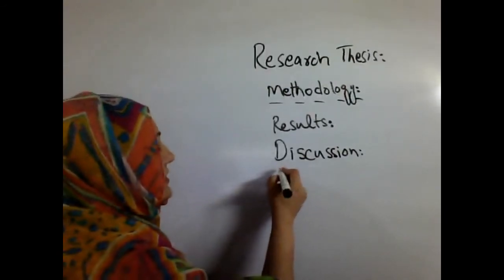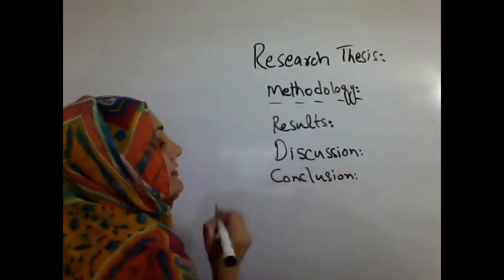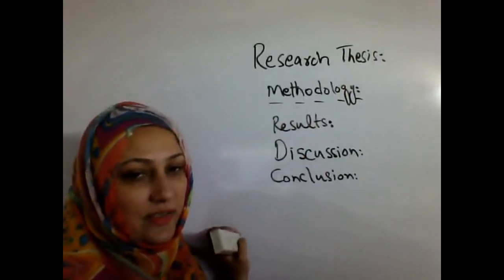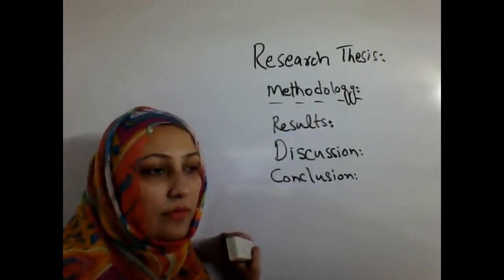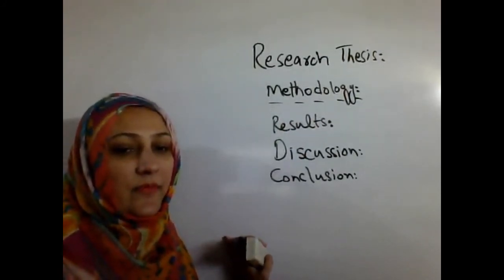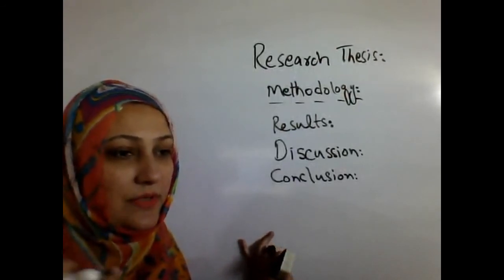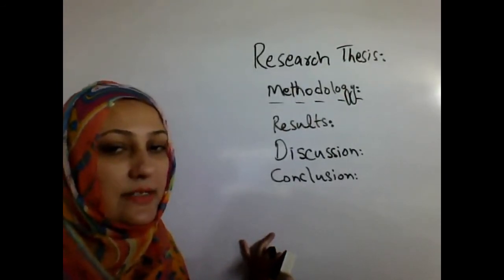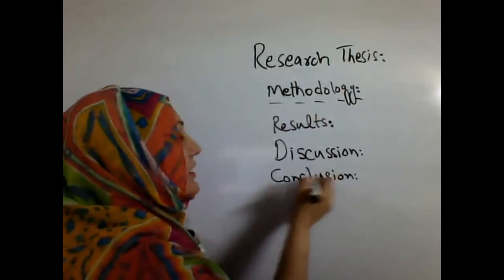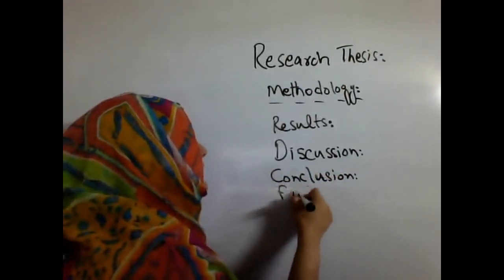Then after the discussion, you have to give the conclusion. All your results are in your hand, and you should conclude your research. What you have hypothesized, what results you think will come out of your research, and what results actually come out of your research, you should justify and conclude them in your conclusion section, and also give the future